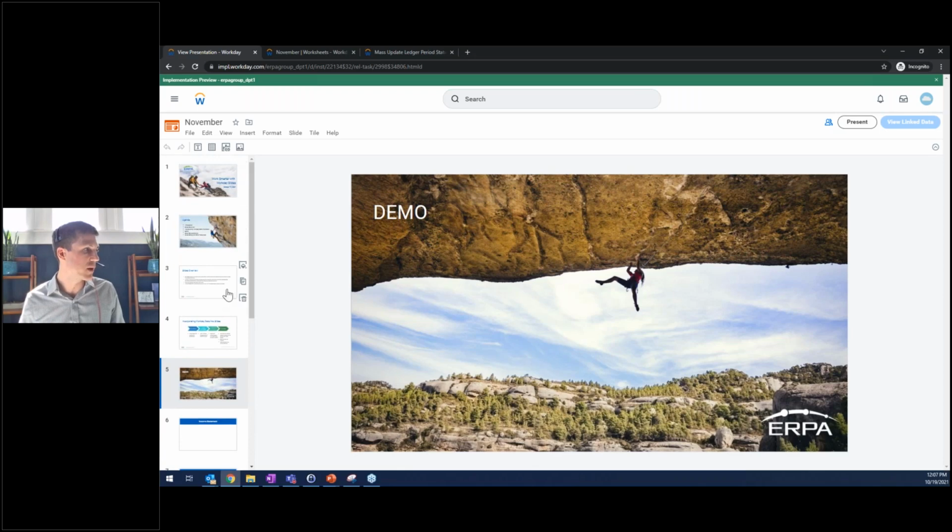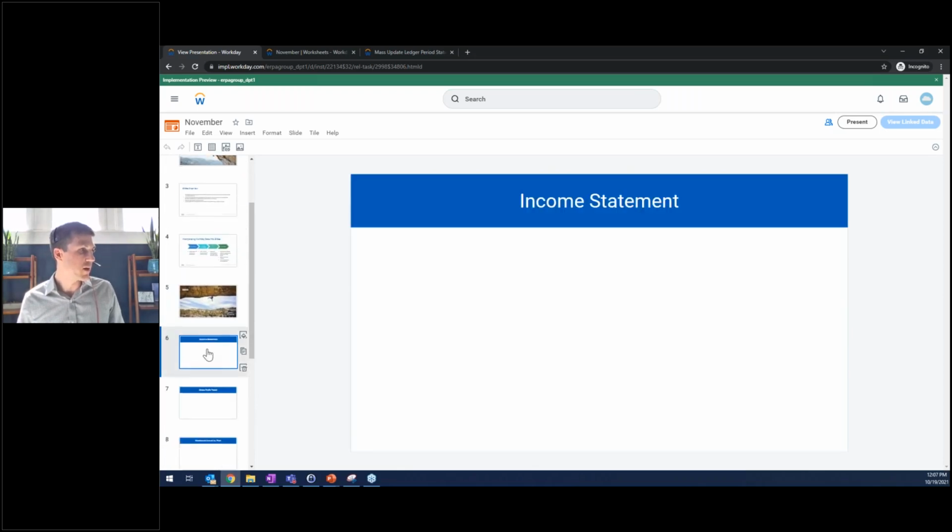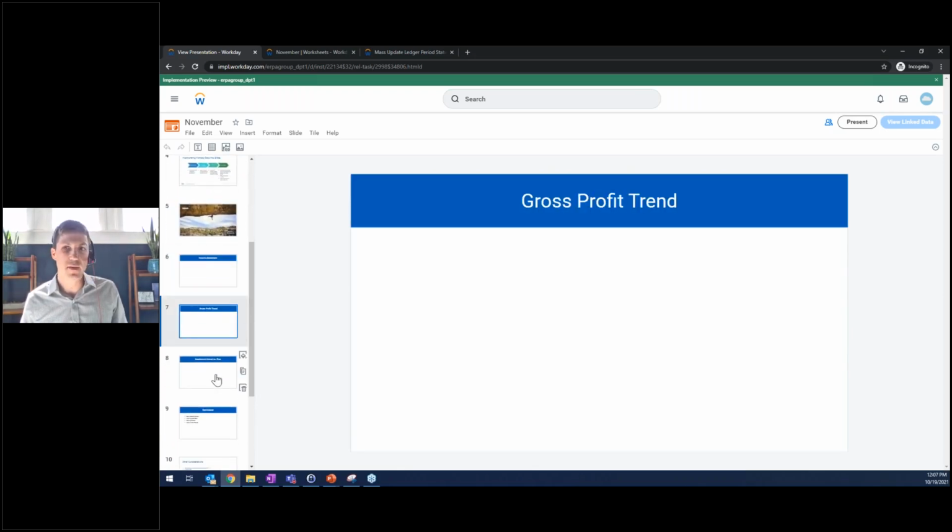See, here are the slides I've already gone through. But I've got a couple blank slides here that I've teed up called income statement, gross profit trend, headcount, actual versus plan. And I'm just going to go through a demo of how to insert some data into these slides using worksheets. And again, I come from a financials background, so I'm going to use some financials reports in this demo,